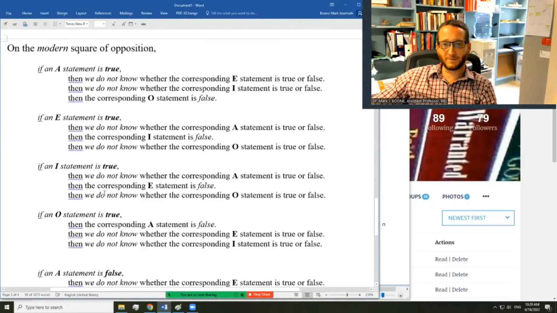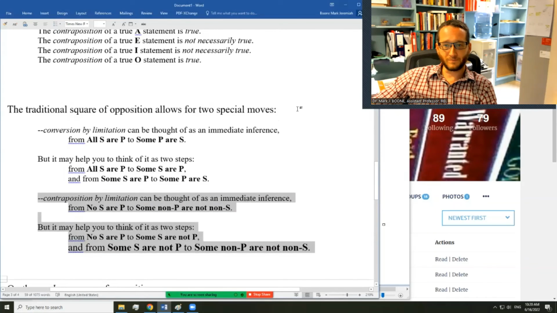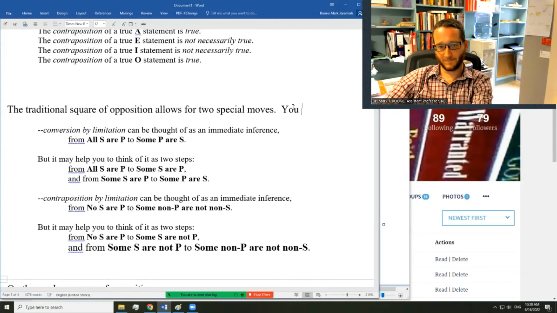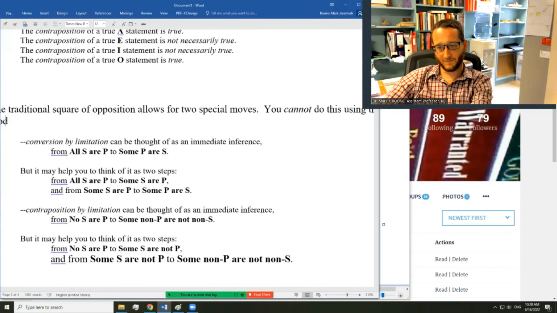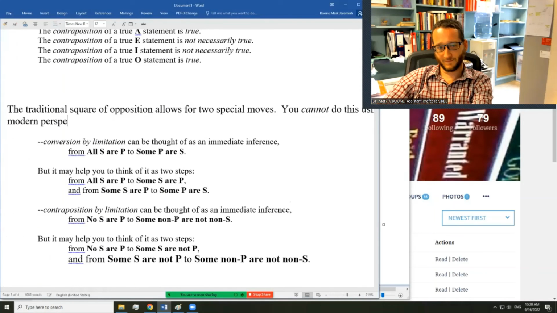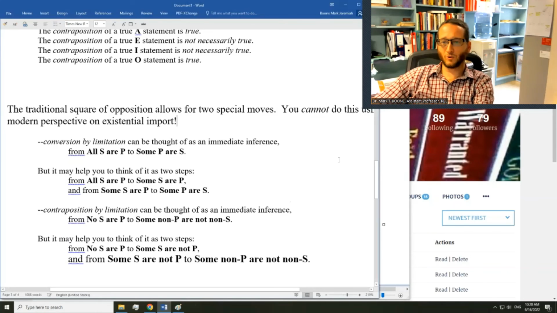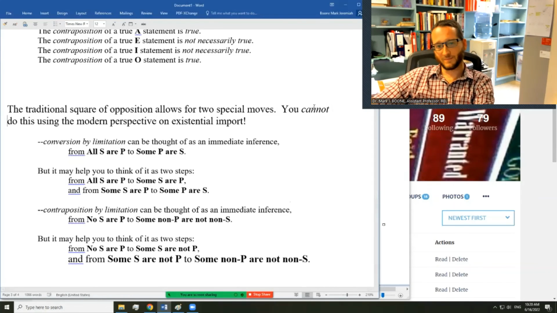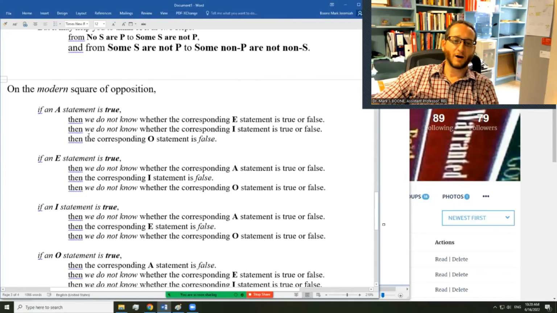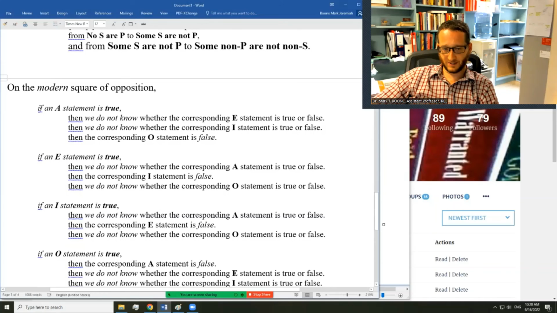On the modern square of opposition, you cannot convert by limitation an A or contrapose by limitation an E. On the modern square of opposition, now summarizing the modern square quickly,